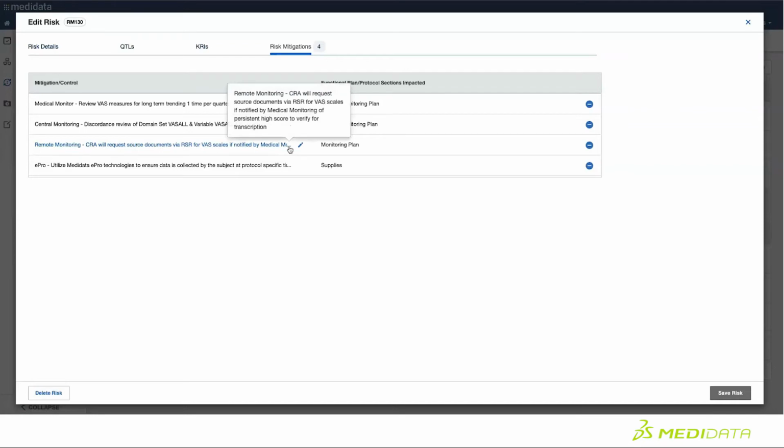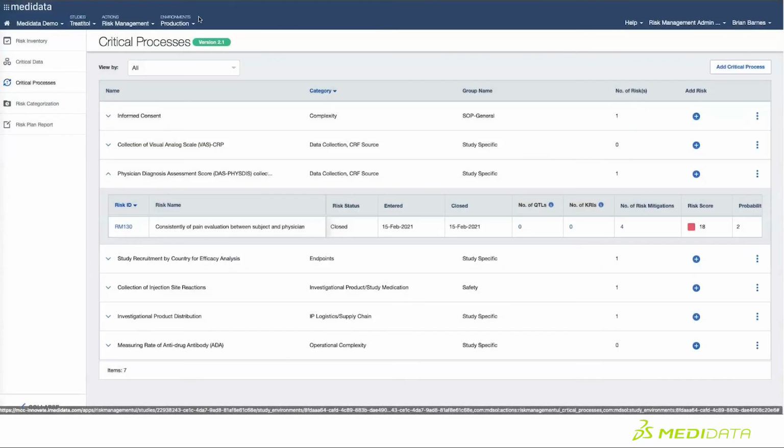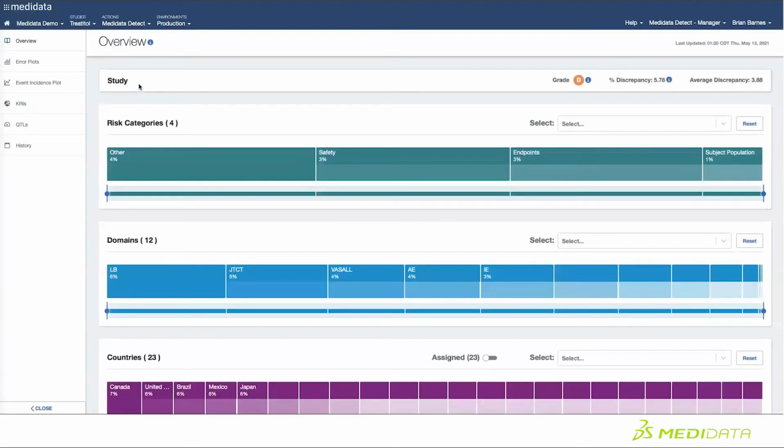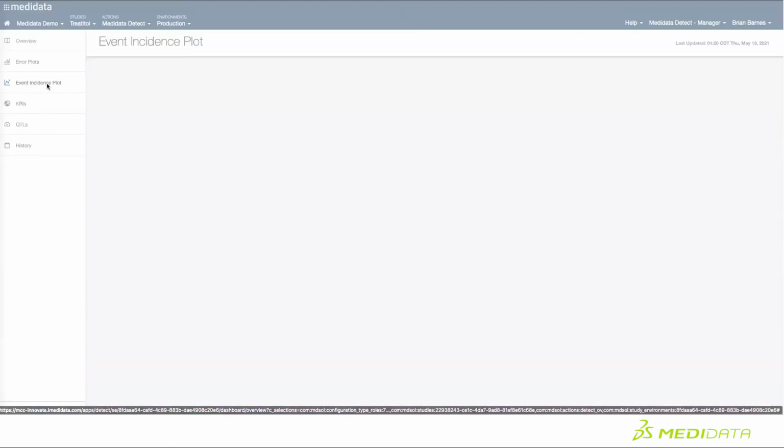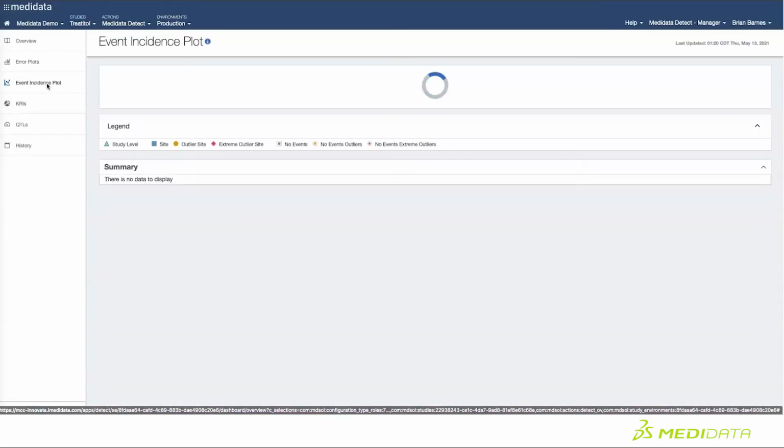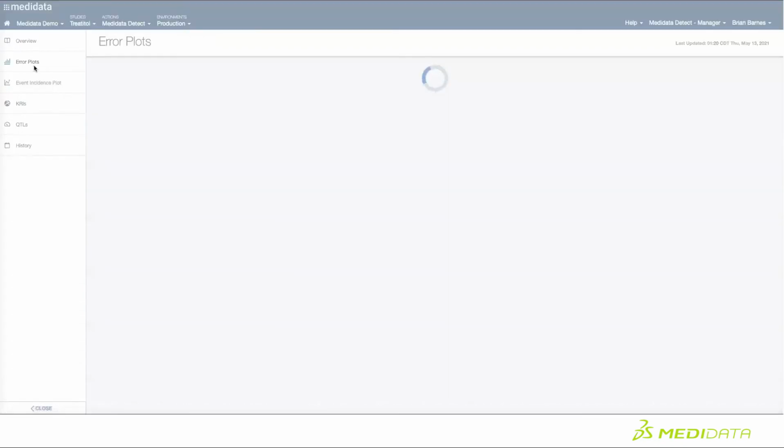And I need to be able to coordinate cross-functional stakeholders who might have a stake in that risk mitigation, whether it's a central monitor or an on-site CRA. We need to coordinate all these capabilities seamlessly in a way that maximizes how we use the data and shortens the time between the discovery of a potential risk and our ability to take action on it. So you can see in all these different areas coming together in a single view, we're connecting technology, stakeholders, and workflows so that we can have a holistic view of risk. So in this case, previous studies demonstrated a discordance variation between participant and clinical VAS reports.